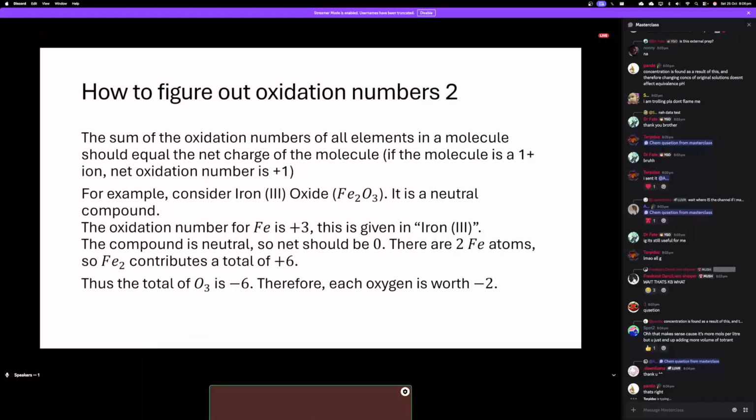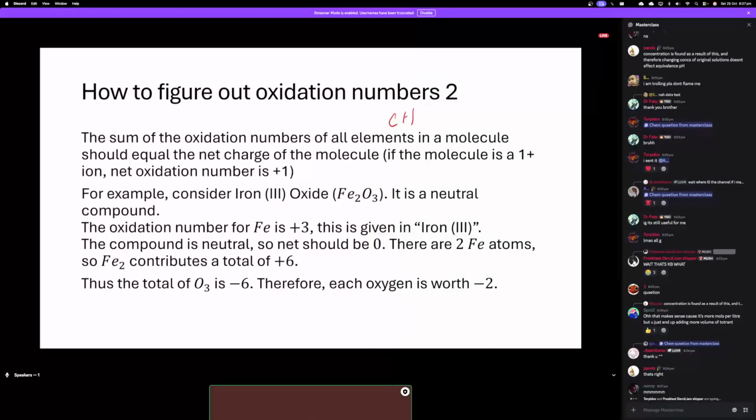More on oxidation numbers. The sum of all the oxidation numbers in a molecule is the same as the net charge of the molecule. So if I had SO4 2 minus, a polyatomic ion, I'd find the oxidation number for oxygen, 4 times whatever oxygen is, add it to the oxidation number of sulfur, and I should get -2. The sum should be the charge. That is really important. And if I have a neutral molecule, let's say CH4, methane,